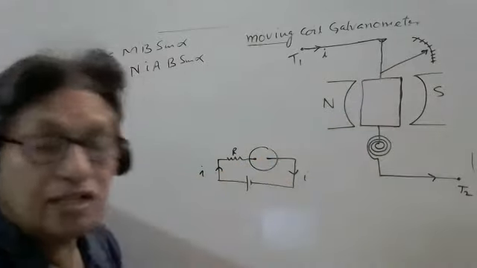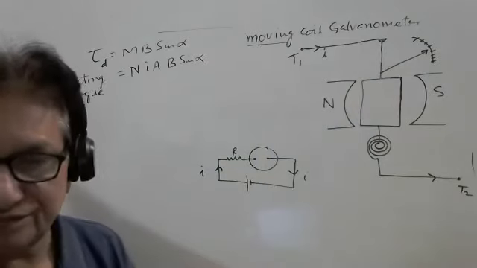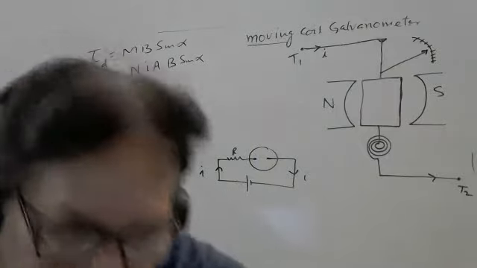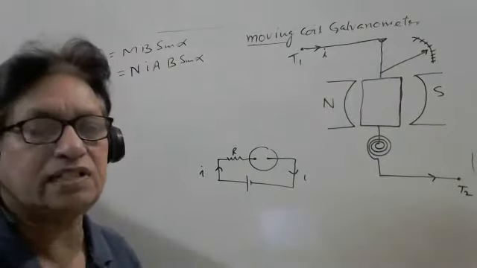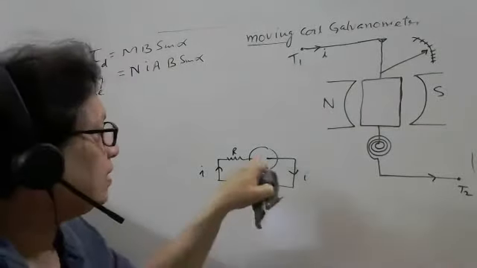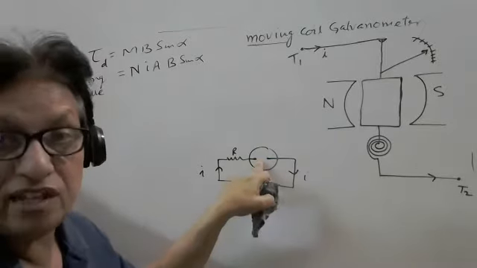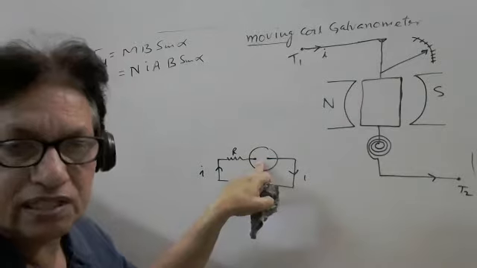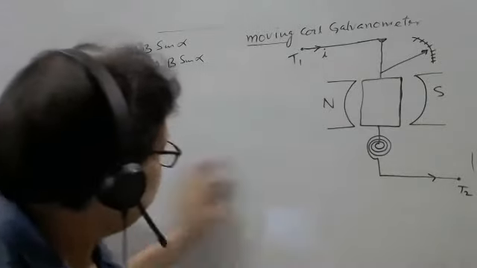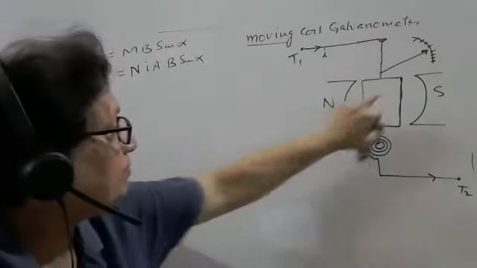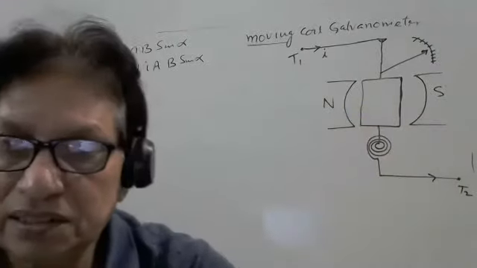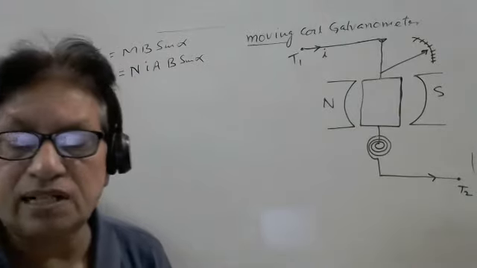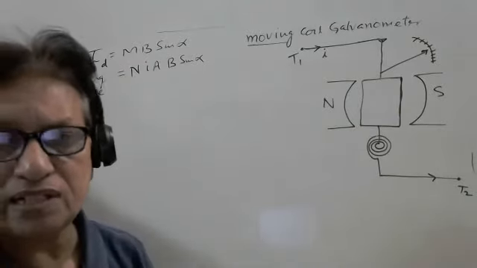Actually, this is the galvanometer. We say here ammeter, but there is a difference between ammeter, voltmeter, and galvanometer. Basically, it is a galvanometer. We can convert the galvanometer into ammeter and voltmeter later on. We'll discuss. But this was this meter, the galvanometer. It is very, very sensitive. Normally, it is measuring microampere current.